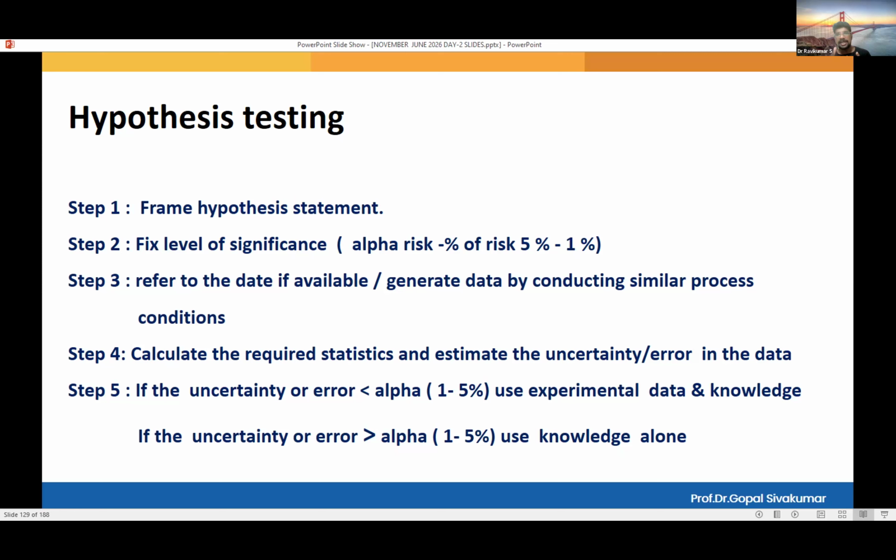Create similar process conditions and collect the data once again. For example, you might have seen this in police criminal investigations. When the accused was caught, the police will ask him to recreate the same activities in the same spot where he committed the crime. Have you seen it in news channels, guys? Has anybody seen it? Guys, do you understand what I'm saying?